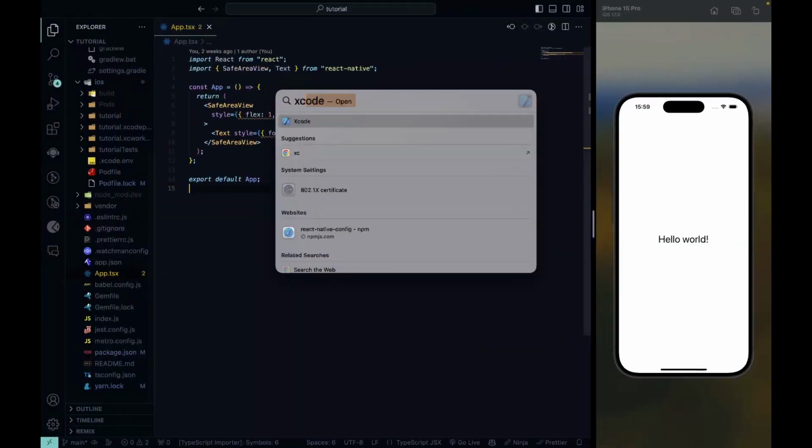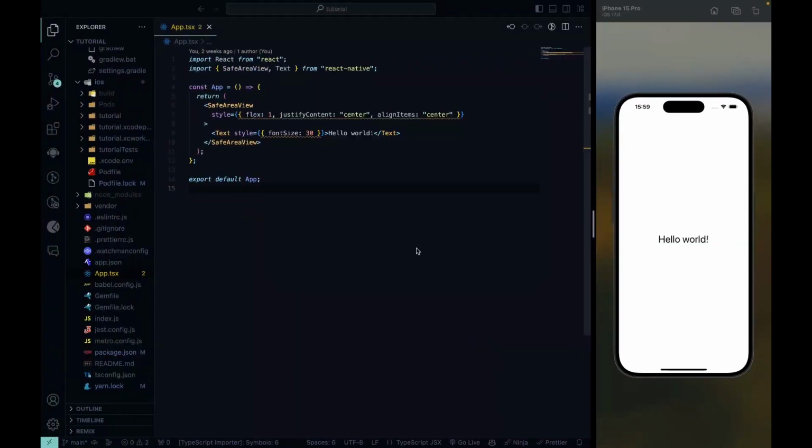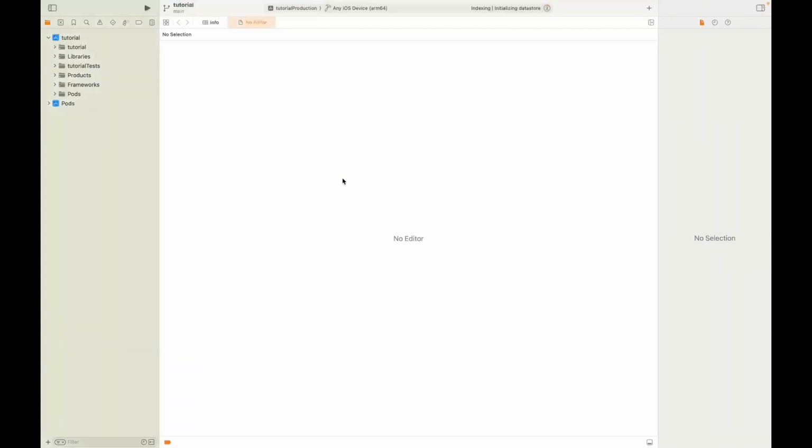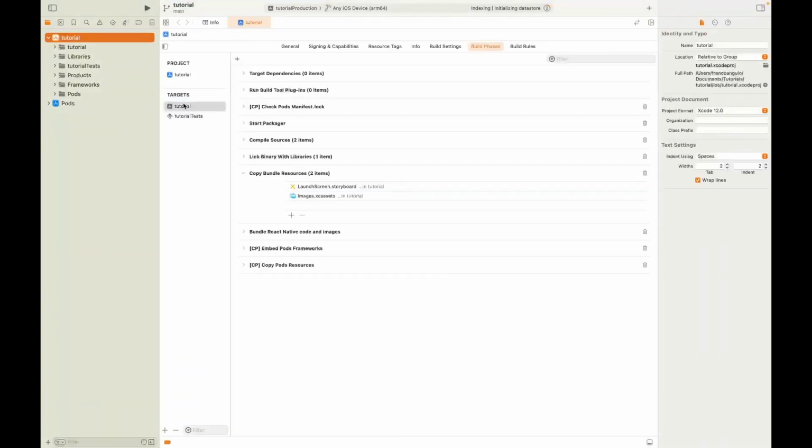Next, let's open Xcode. Let's select our project. And once we have the Xcode app opened, let's go to our project, our target. So what we have to do here is to go to the product,